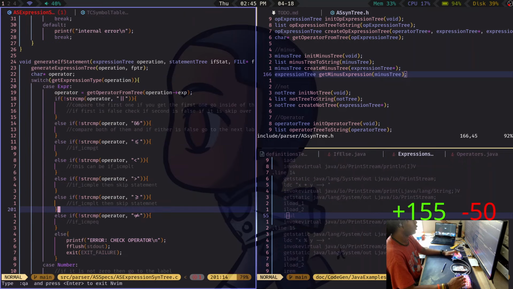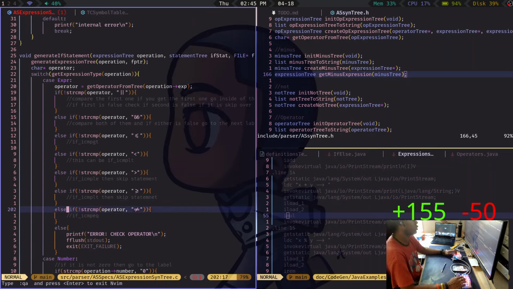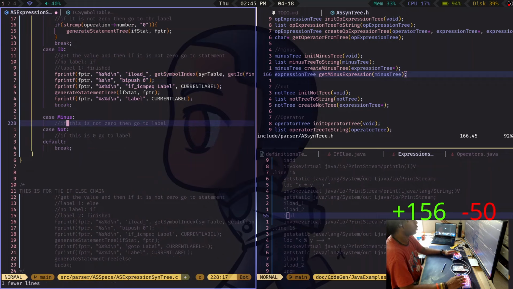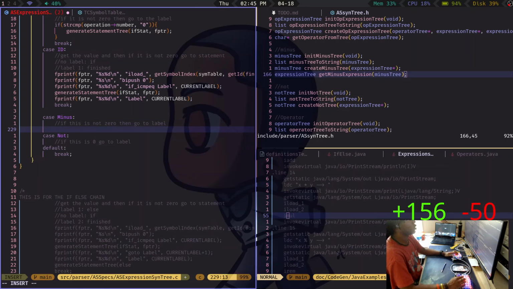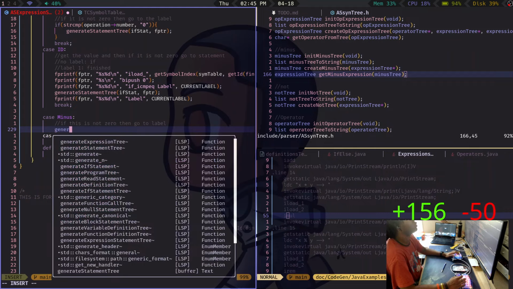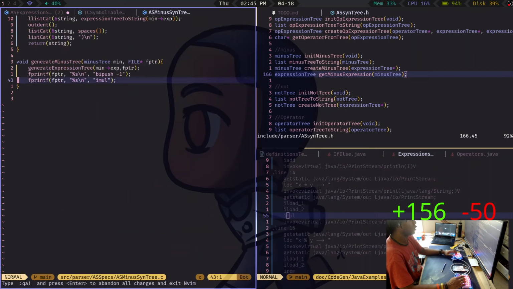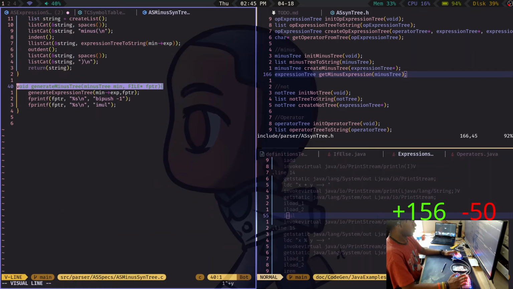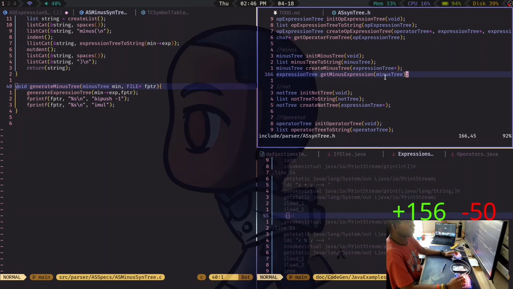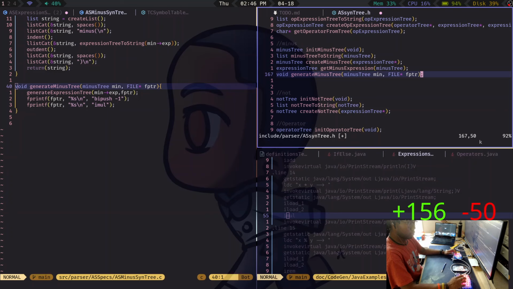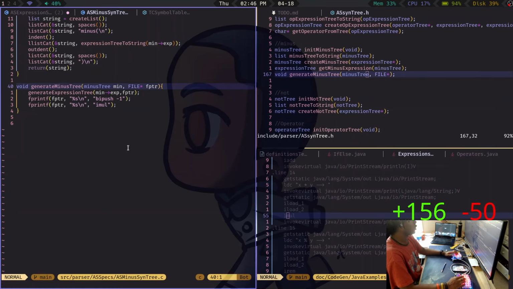So then we can come over here and we can generate the minus tree. Oh, wait. I forgot to put that in the... Okay.